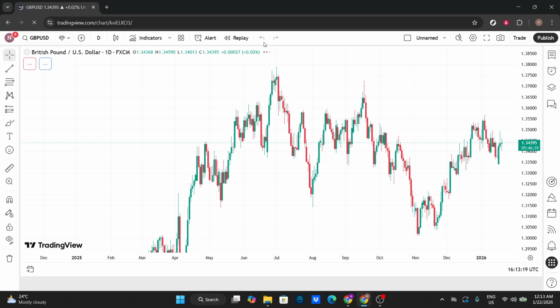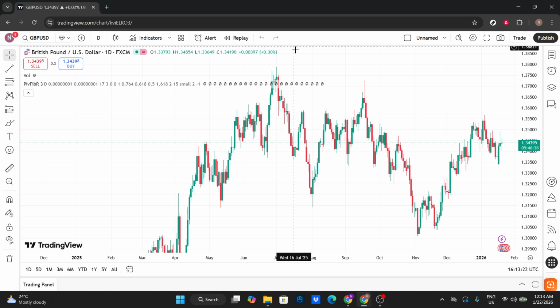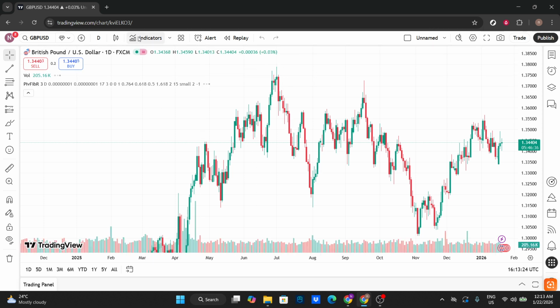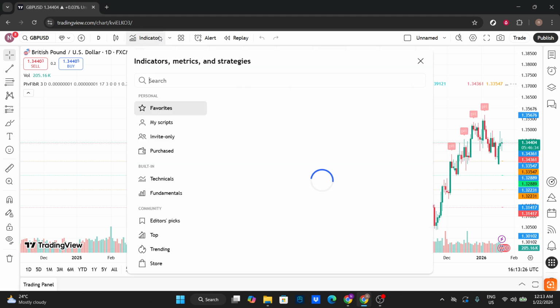When you're looking to add indicators directly to a chart, head into the chart interface and find the Indicators button on the top toolbar. Click Indicators, and a panel will open. If you have a specific indicator in mind, use the search bar right at the top of that panel. Type the name, something like RSI, MACD, or Moving Average, and relevant results will appear instantly. This is the fastest route when you know exactly what you're looking for, and it helps you avoid scrolling through